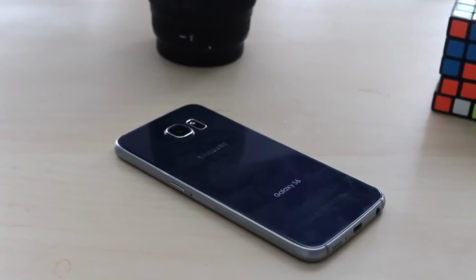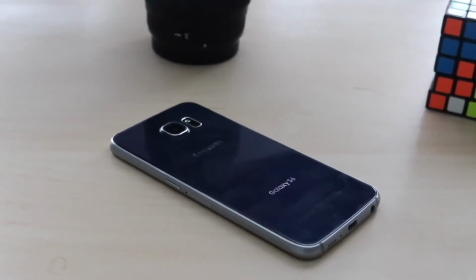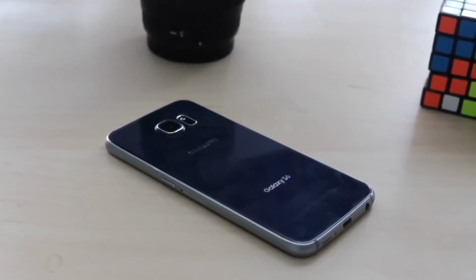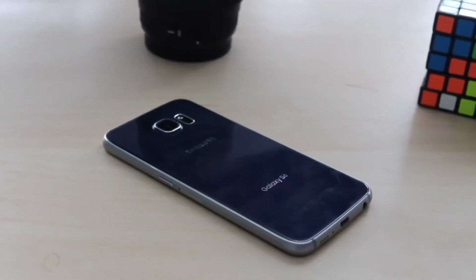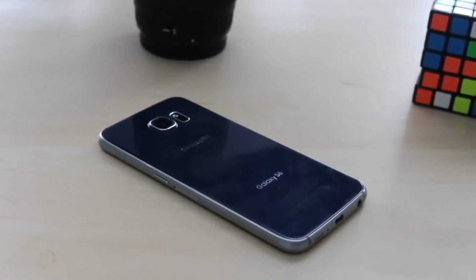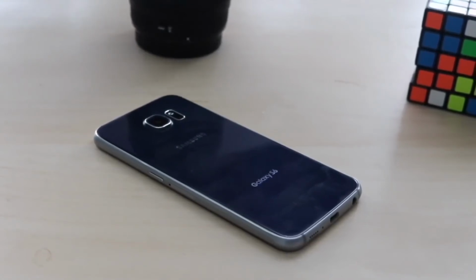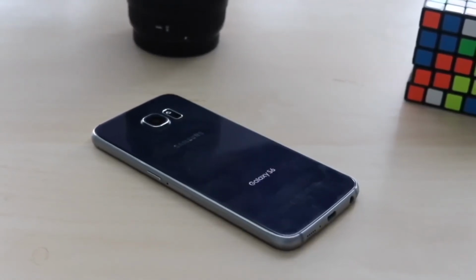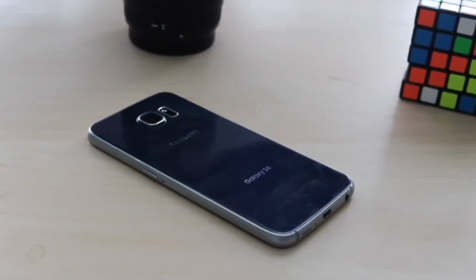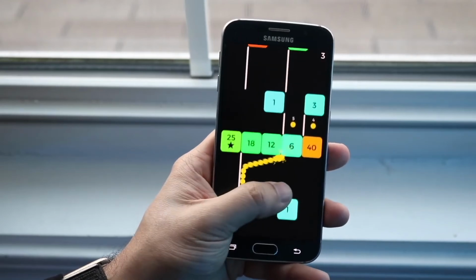I think Samsung was really focusing in on trying to be a premium flagship phone rather than being a device that has all the features and a plastic back and it doesn't feel that great. This was a huge shift in Samsung, and it's pretty crazy because that huge shift took a huge toll on the public image, not as much as the Note 7 or anything, but it was definitely up there. So the way this phone still feels in the hand is very good. It still feels like a flagship phone. It doesn't feel cheap. The only thing that really ages it is the top and bottom bezel, but other than that, it still looks pretty good. Now,